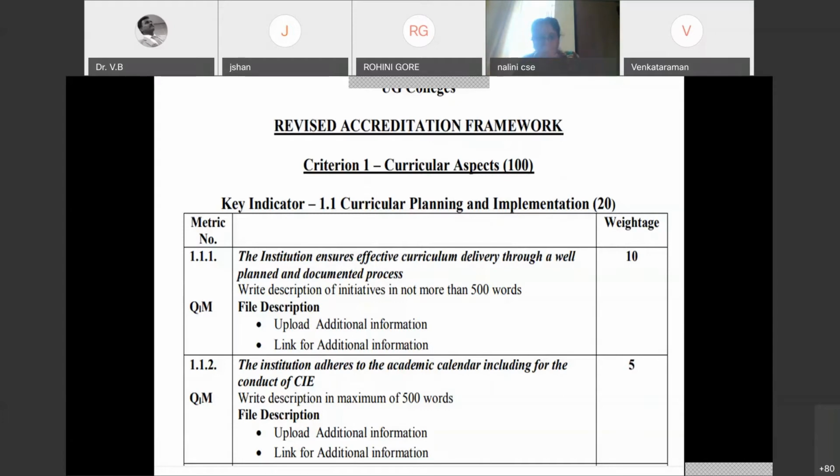Next is metric number 1.1.2. The institution adheres to the academic calendar, including the conduct of examinations, that is internal examinations, and continuous assessment processes. So here again, it is a descriptive answer. And if you have any additional information in the form of file uploading, for example, the timetable which you have followed, the entire academic calendar, in addition to this description,